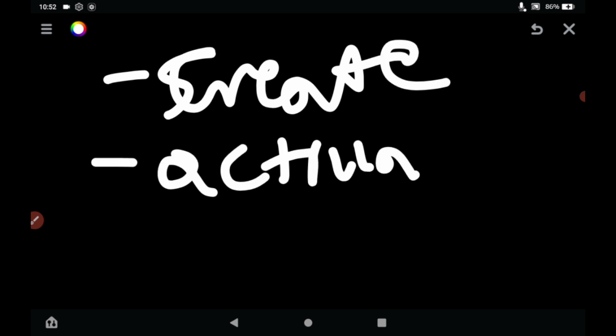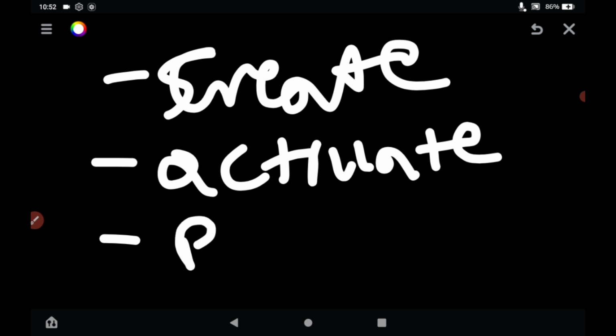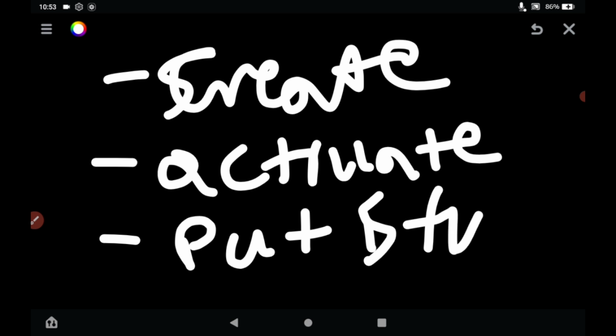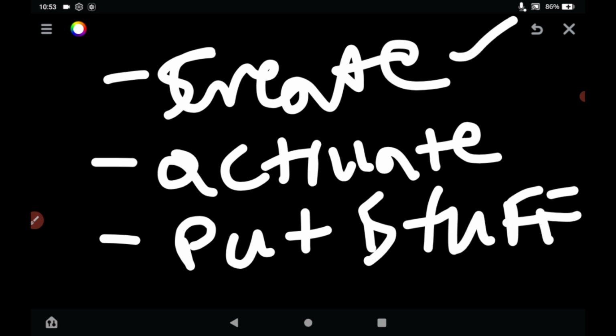Activating the bag is like you are wearing it. When you activate the bag, the last step is to start putting stuff inside the bag. So you create the bag, which is creating the virtual environment, you activate it, and then you put some stuff inside. So now let's see how we're going to create the bag